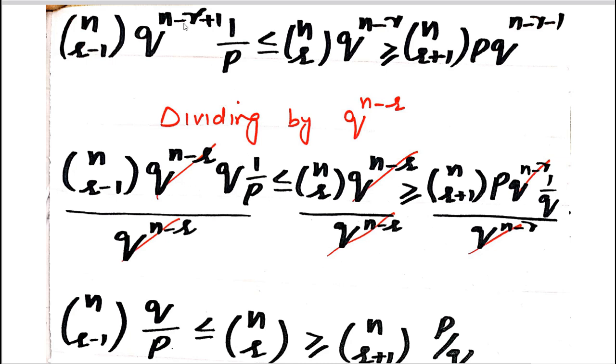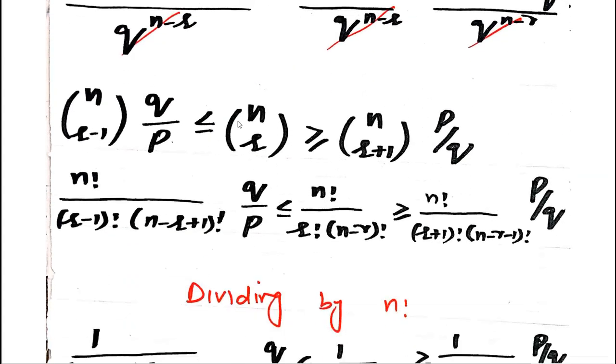We write it as n minus r plus 1, as we did in the previous equation when solving p^r. Here q^(n minus r minus 1), we can write it as q^(n minus r) q^(minus 1). Q power minus 1, write it as 1 over q. So divide by q^(n minus r), cut these terms, and now we are left with